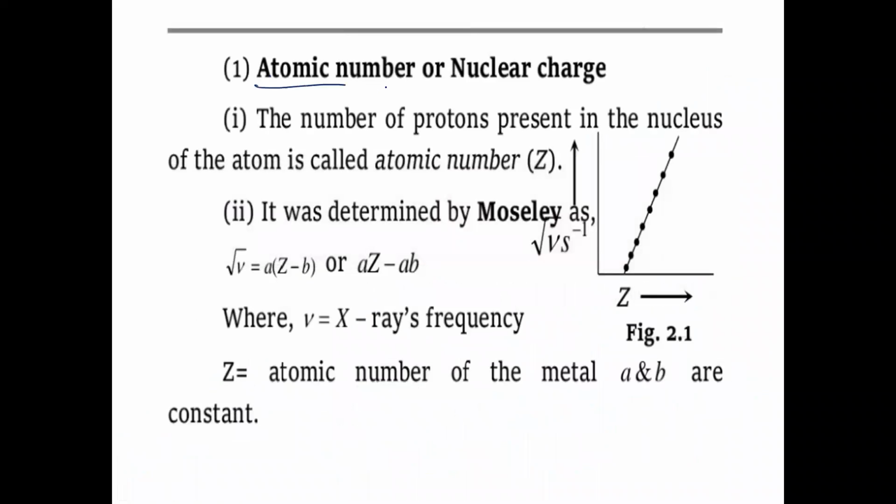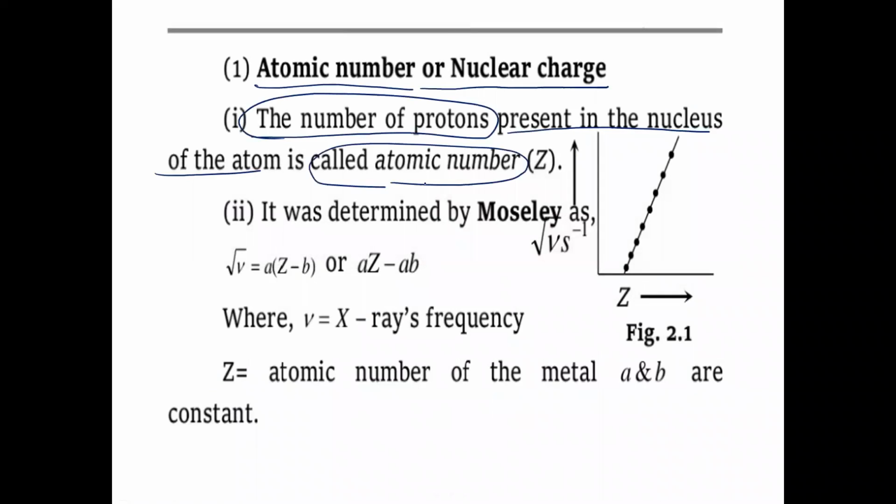Now, next one: atomic number or nuclear charge. The number of protons present in the nucleus of the atom is called the atomic number, given by Z. It was determined by Moseley. Z means atomic number. Atomic number was determined by Moseley as